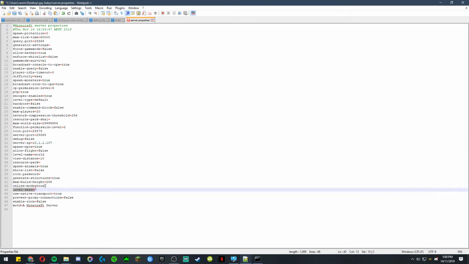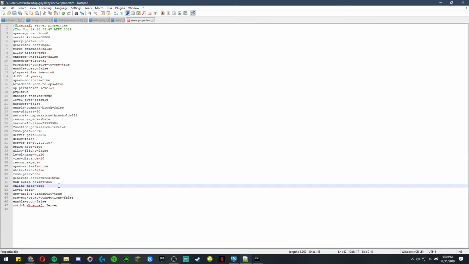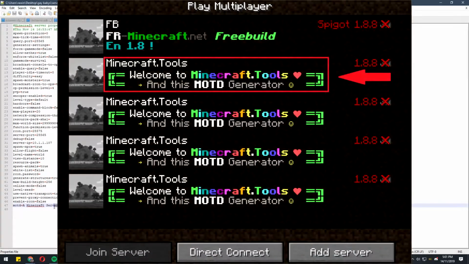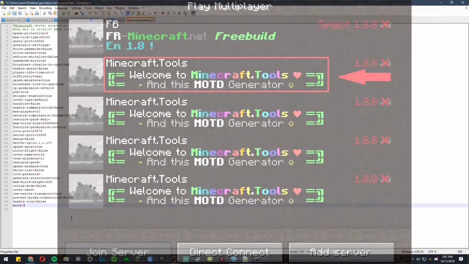And then if you want players that have cracked clients, so like T Launcher and all that, you want to turn this off. So you want to set it to false, and that allows them to join, but you won't have any skins. But that is what's good about a Spigot server. There are plugins that actually restore your skins. For example, there's a plugin called Skin Restorer. It's free and whatnot. And then your motto of the day is the text that actually appears on the bottom of your screen. So I'm just going to set my motto to